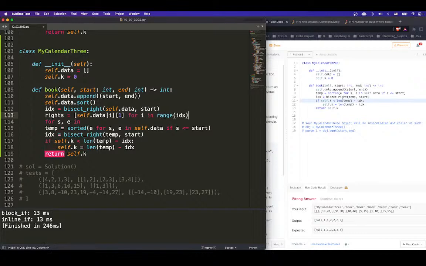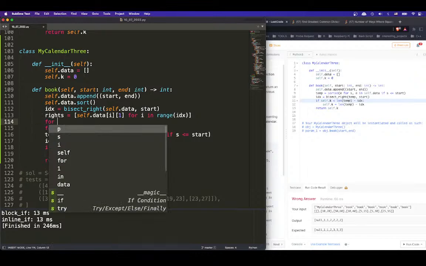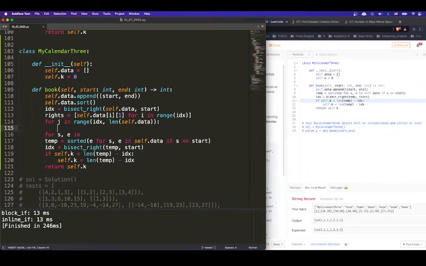Okay, this is the rights. Now what we need to do is, because if it's the largest, then there's nothing, right? So we say for j in range, index to len(self.data). Alright, j in this range from index to the end. Now for every single one, I'll need to check